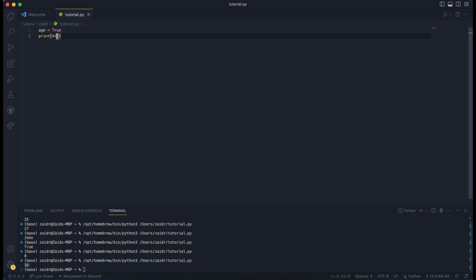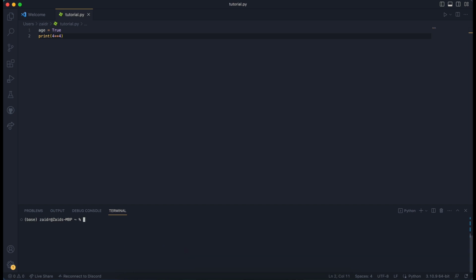We can divide stuff by using the slash, and it should give us 1. See, it gives us 1. Or we could raise it to the 4th power by doing 4 asterisk asterisk 4. That should give us, I don't know off the top of my head, but it should give us a high number. See, 256. Okay, so that's a basic rundown on variables, print statements, and basic